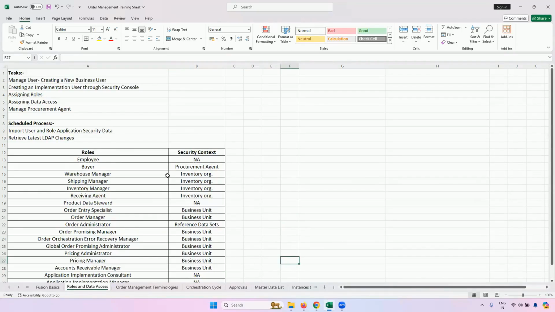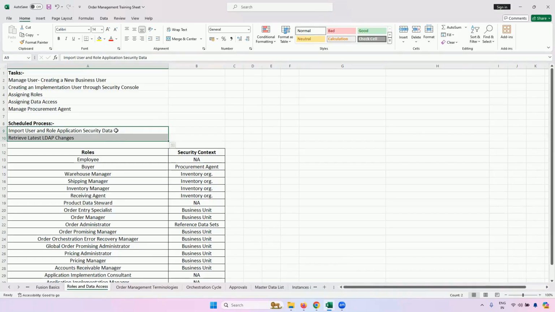And then, these 2 scheduled processes. Oracle says there's no need for you to run these 2 processes because it is predefined. But many times we do not see the roles or the data access coming to the user. It takes a lot of time. Those are very rare cases, or it happens once in a while.